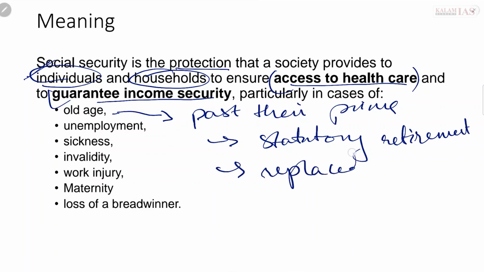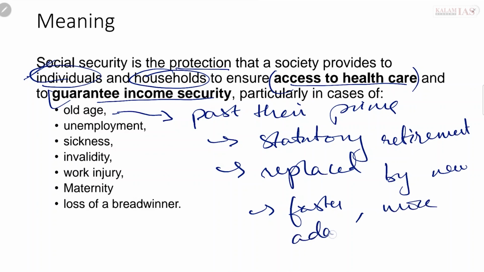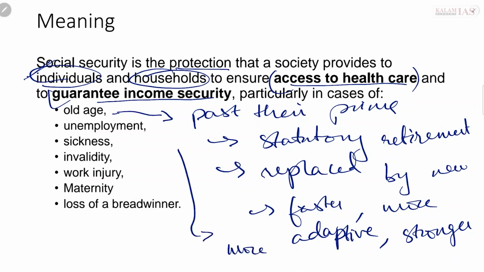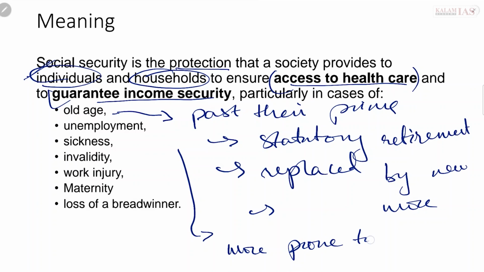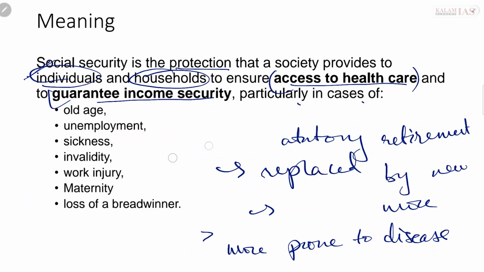They are replaced by new generation, which is faster, more adaptive, stronger, healthier. So they need income security as well as health security because they are more prone to disease, right? The more you age, the more prone to disease you become, right? So first is elderly,